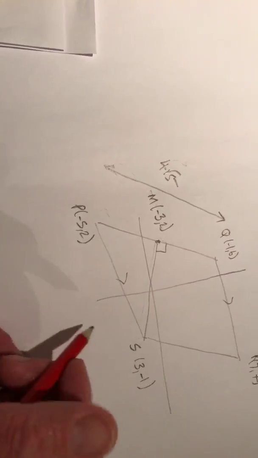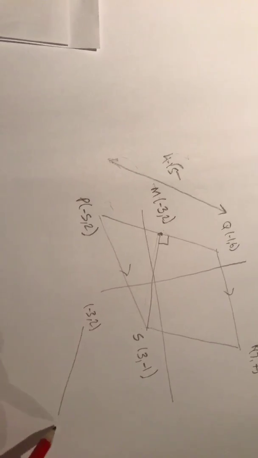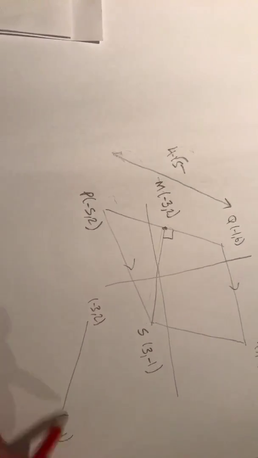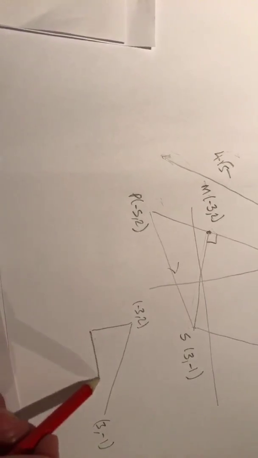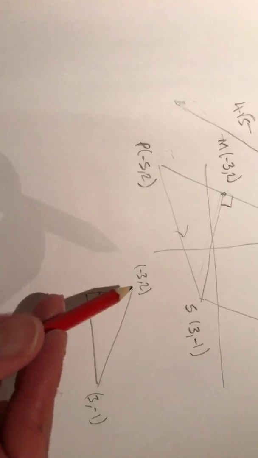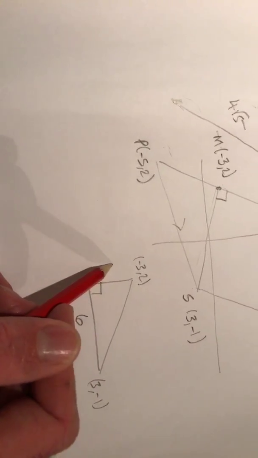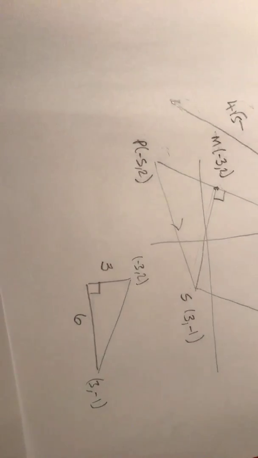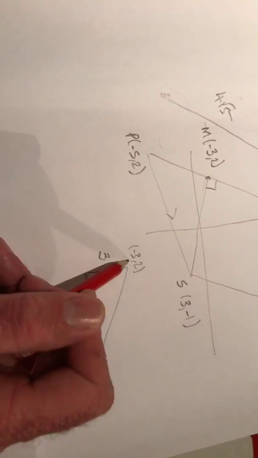So if I just take that out and do a quick Pythagorean triangle calculation on this. So minus 3, 2, 3, minus 1. Drawing my right angled triangle like that. So if I am minus 3 to 3 on the x-axis, that would be 6. Minus 1 to 2 on the y-axis would be 3. So therefore, using Pythagoras, we know that